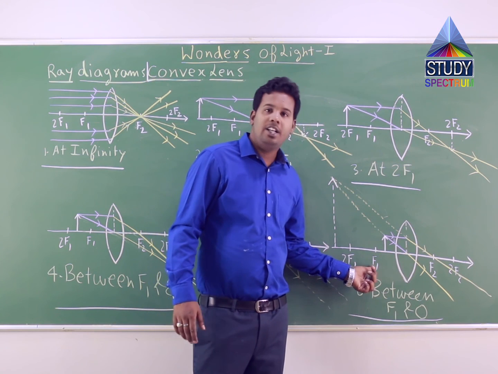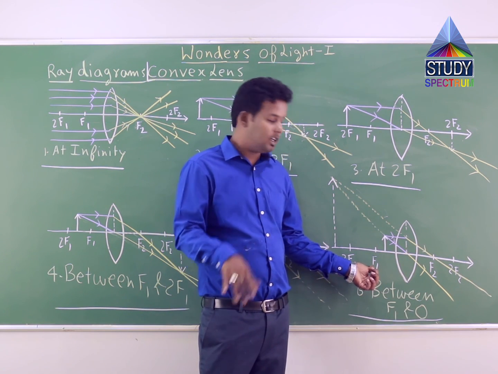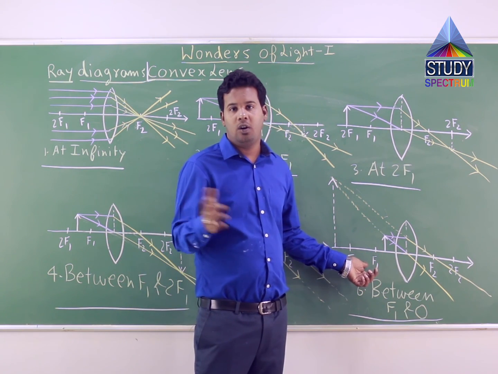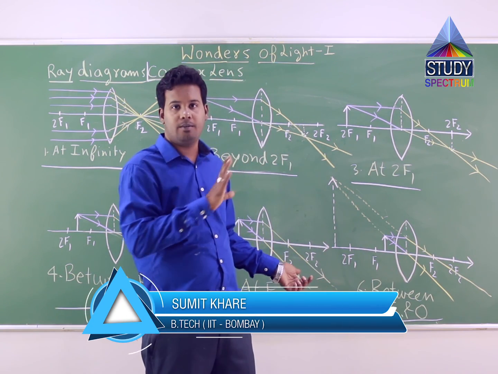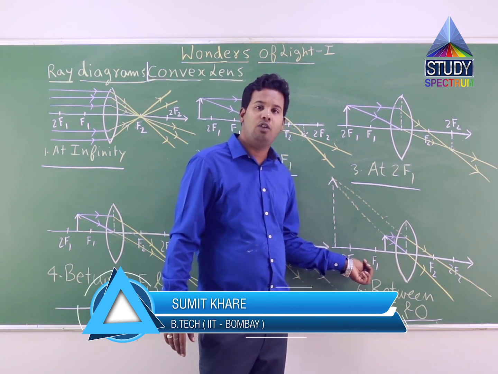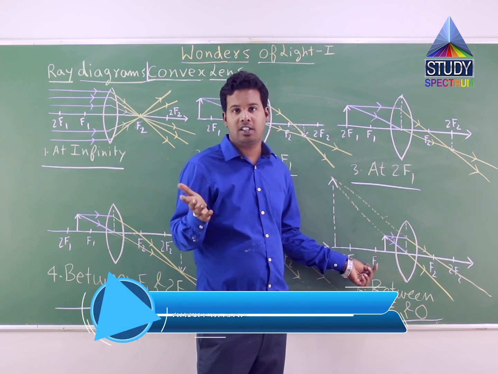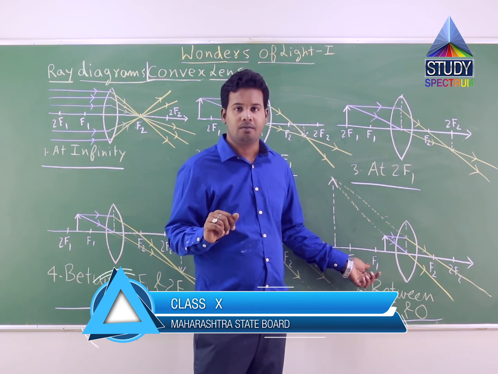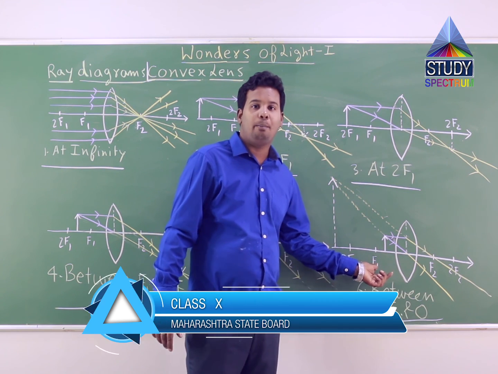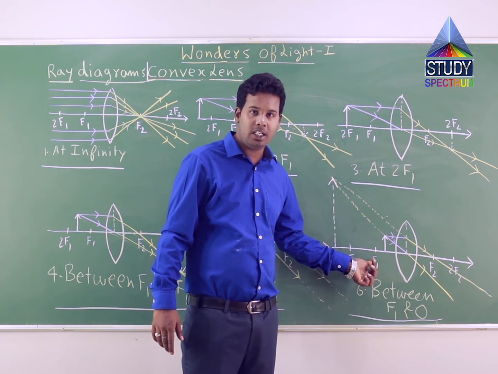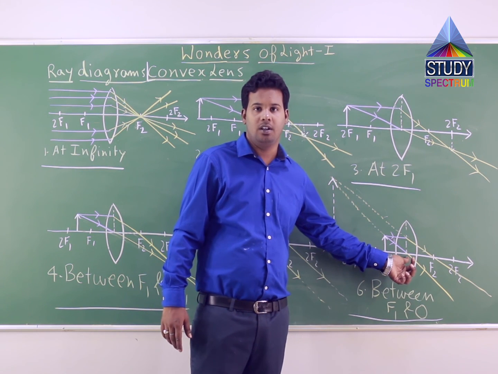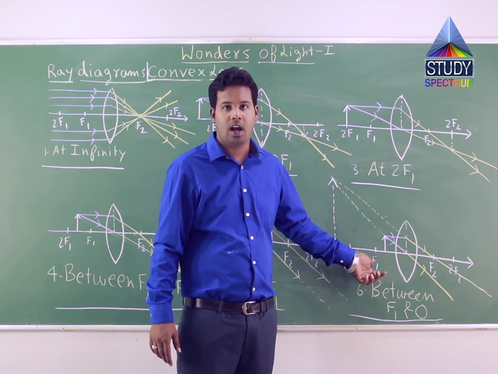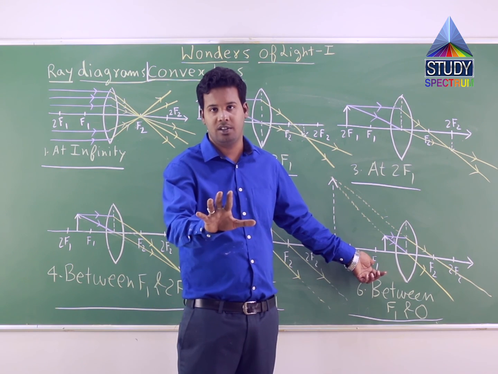Now since this point f1 is minus 5 for a theoretical question, I repeat, for a theoretical question this point is minus 5, for numerical it can be anything, and for both theoretical and numerical questions you have to draw the same type of diagrams. So using the lens formula, 1 by v minus 1 by u is equal to 1 by f, where f is 5. For a convex lens the focal length is always positive, and for theoretical aspects we have considered it to be 5. So u, I took u as minus 2.5. Why? Because this point is minus 5 and optical center was acting as origin. And since the object is placed between 0 and minus 5, for the sake of convenience of calculation, I took it as minus 2.5 for theoretical questions.